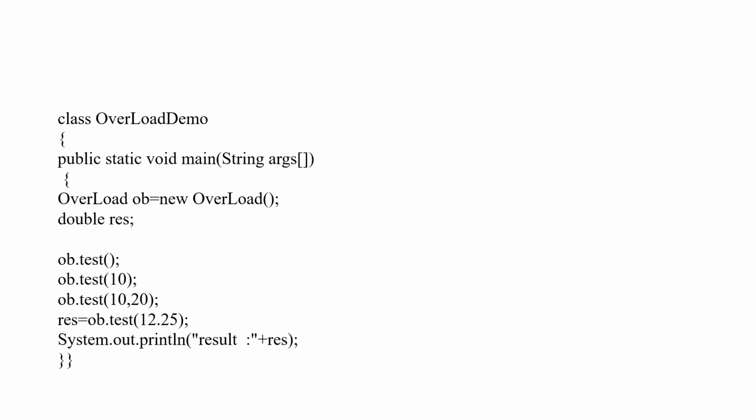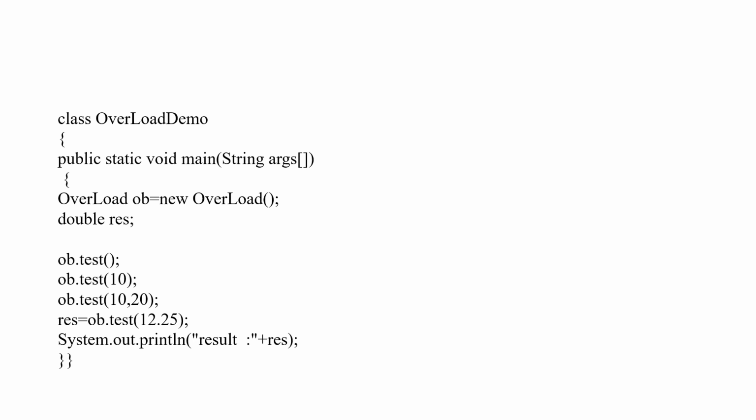Here I have written a class OverloadDemo to show you the use of overloaded methods. I am creating an object of the Overload class and calling the test method with different arguments. If I call the test method with no arguments, the first test method will be executed.